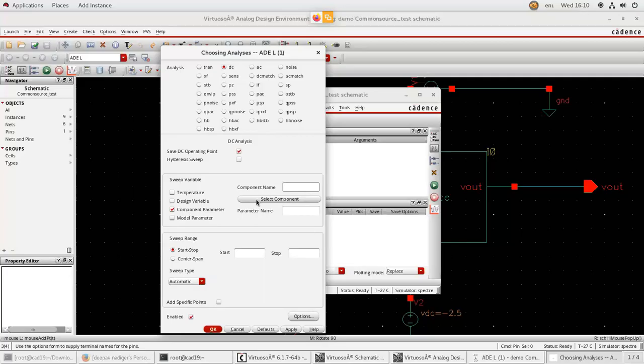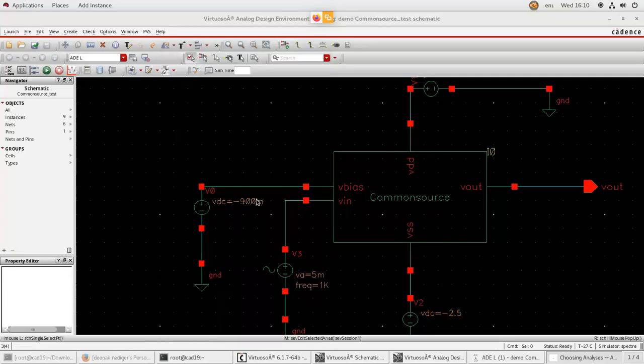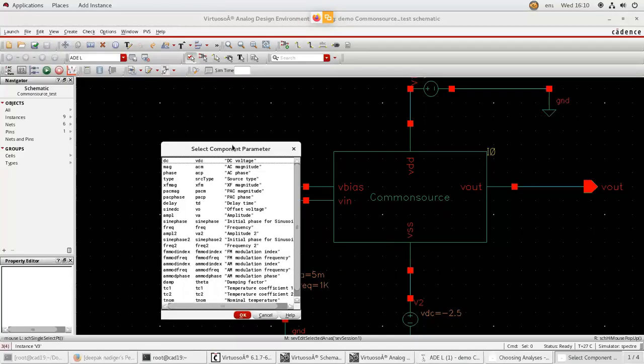Next, click on select component. When you click on select component, automatically it will go to this window. You click on this, that is the source which is connected to your V in. Click on that. Do left click. Then this select component parameter window will open.